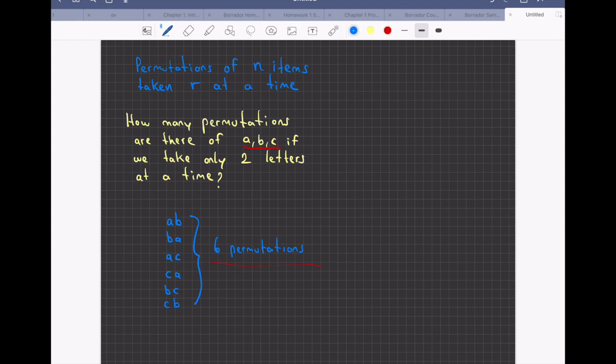So the number of permutations of n items taken r at a time is given by